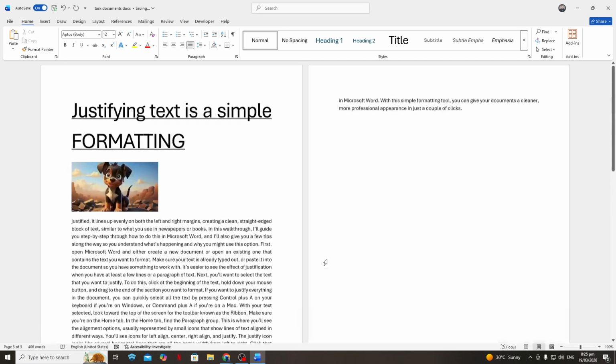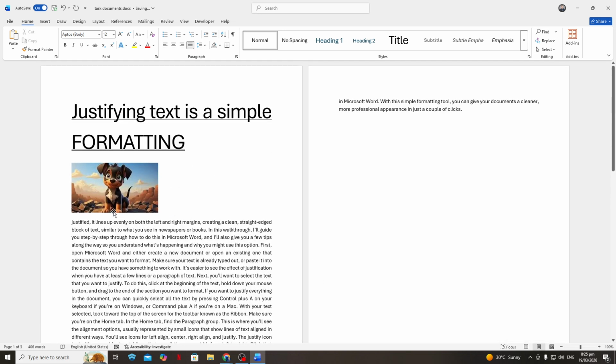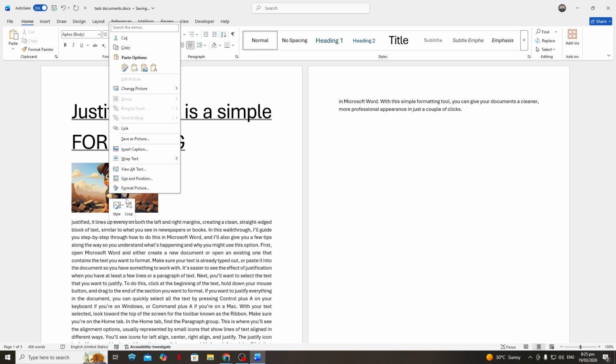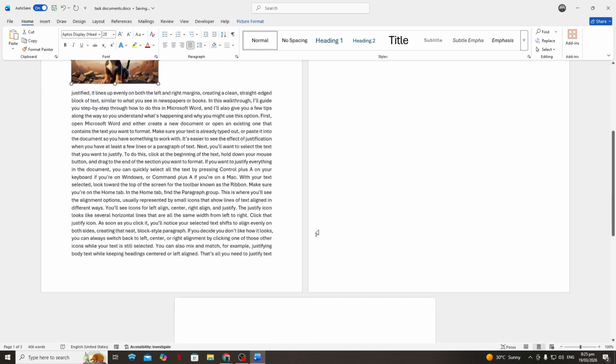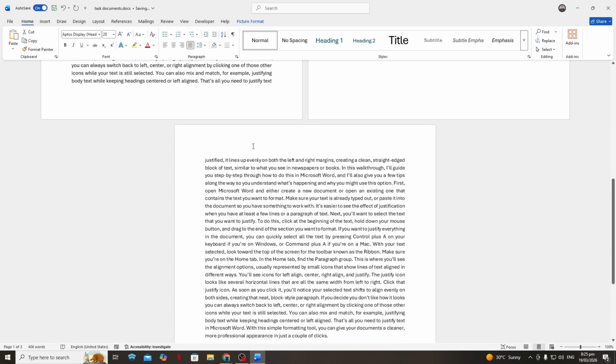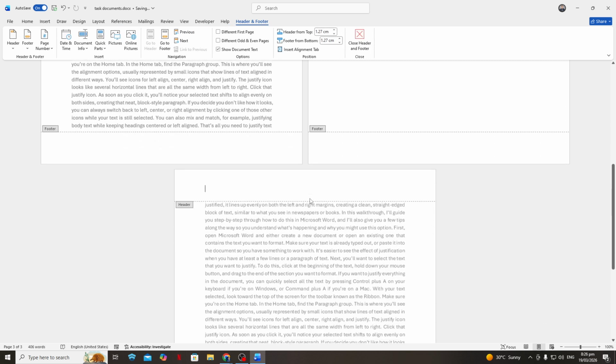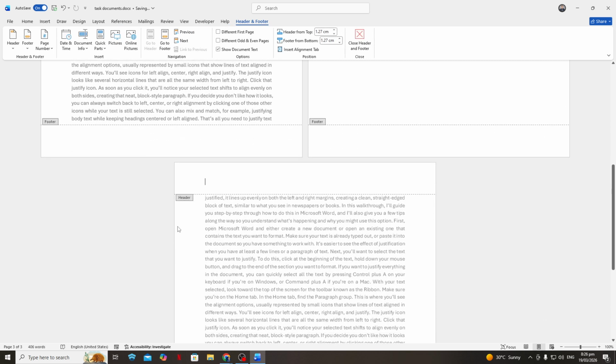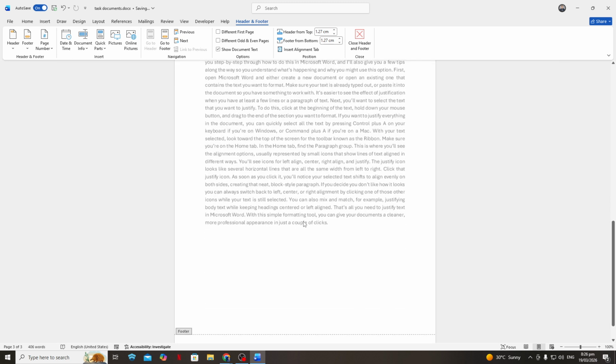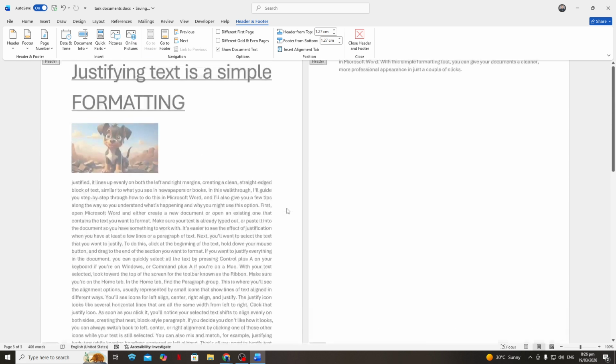With that picture now on your document, click on it once to select it. You'll see small handles or circles appear around the edges, showing that the image is active. You can resize it by dragging the corners, or use the picture format tools in the ribbon to adjust things like alignment and position. This is your chance to make sure it looks exactly how you want the final saved image to appear. Now you're ready to save it as an actual image file.